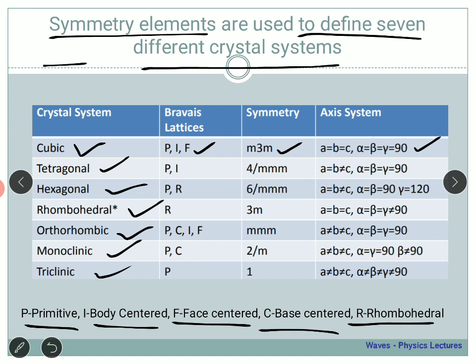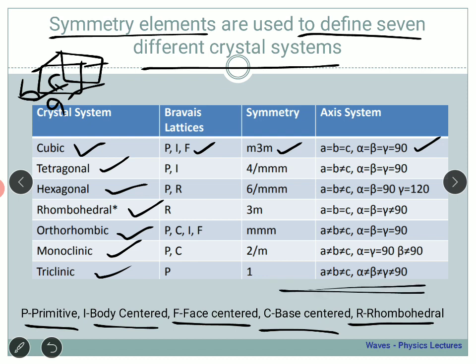So if you consider a 3-dimensional figure here, we have got alpha, beta, gamma, and these are the 3 axes. This might be A and this might be B, and this might be C, and so on. The angles with respect to each other are nothing but alpha, beta and gamma. This is important from every point of view, not only for this class but even for your solid state physics class, entrance physics and so on. So remember these things.